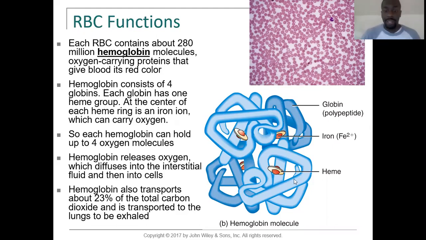When we look at hemoglobin, it has 4 different globins that make its protein up. Here we have one globin, this light blue structure, another globin, this dark blue, a third globin, which is this light blue, and then a fourth globin, this darker blue. Each of these are globin chains. To make up one hemoglobin, there are 4 globins. In the middle of each of those globins, you're going to have a heme group, which is this guy over here, which looks a little bit like a saucer. In the middle of each heme group, you're going to have